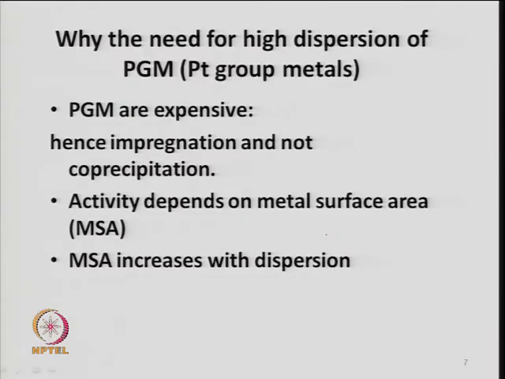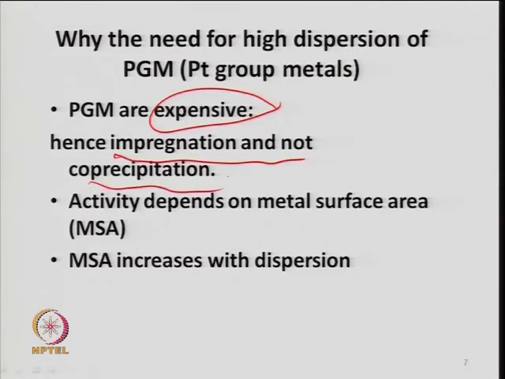If you look at the precious metals, I told you that the incipient wetness or wet impregnation method is generally used. When you use platinum group metals or platinum, you need a high dispersion. The reason is that they are very expensive, the cost is very high. So, only a small concentration of these active metals should be used, and it should be properly utilized without wasting any of that active metal, and this will happen only when you have distributed it uniformly throughout the surface. So, the impregnation method is preferred for this kind of material, platinum material,